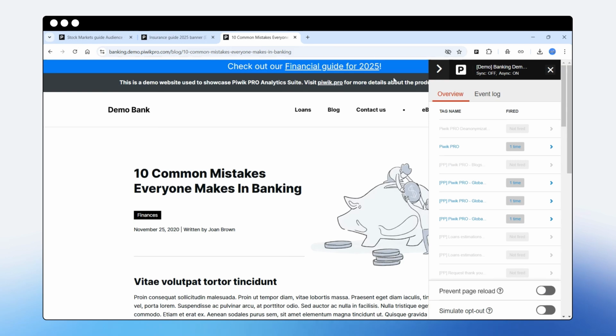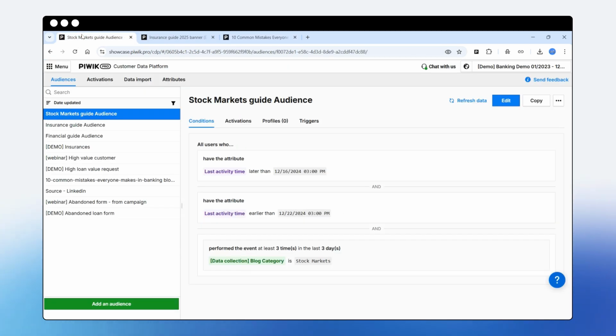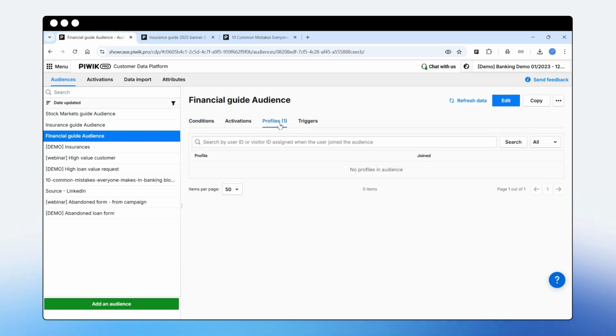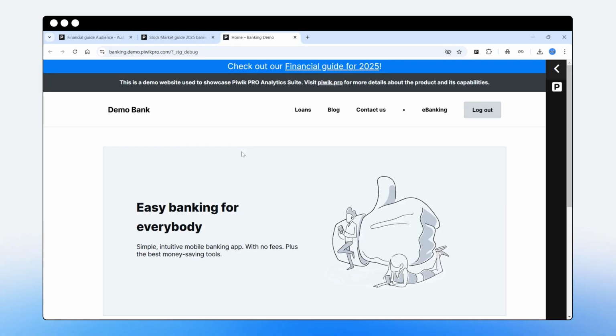And we can see that the financial guide for 2025 was served, and we can go back to the finance guide audiences and see that the profile was added, and that's my email, that's my profile. Another thing we should take into consideration is that the tag will be served only once per session by default. So what it means is that I can see my banner now, but if I were to refresh the